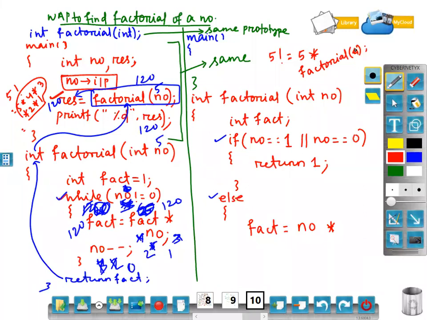So factorial of number means, as in the example of 5 factorial I have written above, I can write factorial of number minus 1. Yes or no? Clear? Fact equal to number into factorial of number minus 1. And after that, I will write return fact.